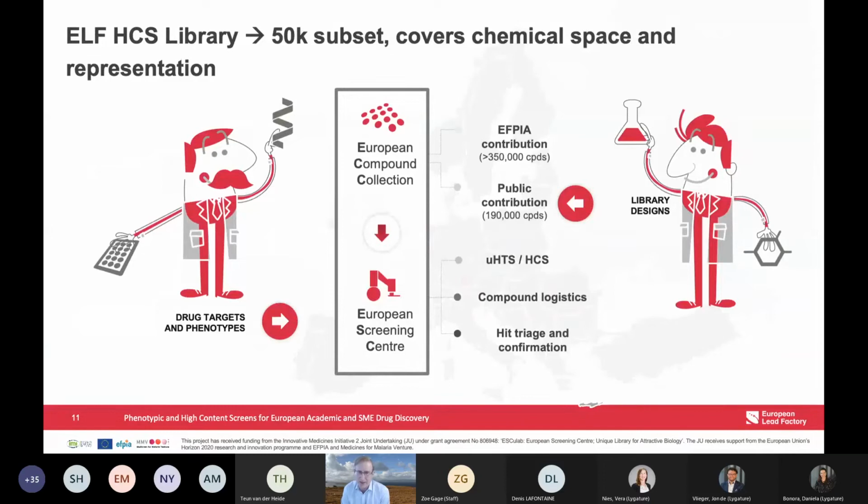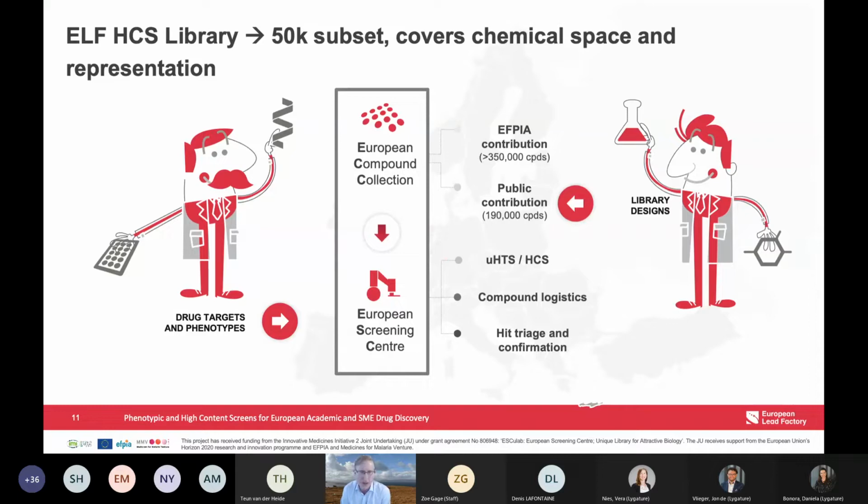So Jan mentioned that the ELF has put together over the last several years a pretty substantial library. And I have to say this slide emphasizes two points. First of all, the size of that library, and you can see the number of compounds that are available. But most importantly, at least in my opinion, is the fact that in the construction of those libraries, you're accessing the knowledge of chemical space and expertise from a wide range of pharmaceutical companies, and then bringing that library together into a unique resource. At least Jan may correct me, but to my knowledge, the only place that this library is available is through the ELF. And so, as I said, basic research can access that chemical knowledge and use that library to define hits to take forward